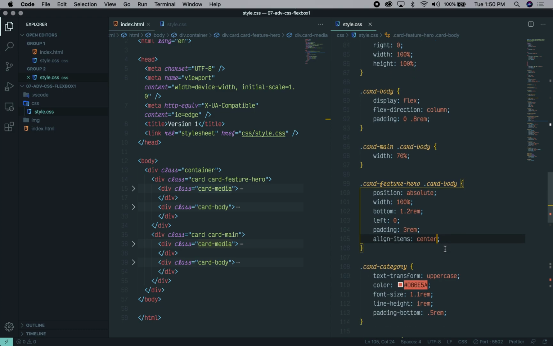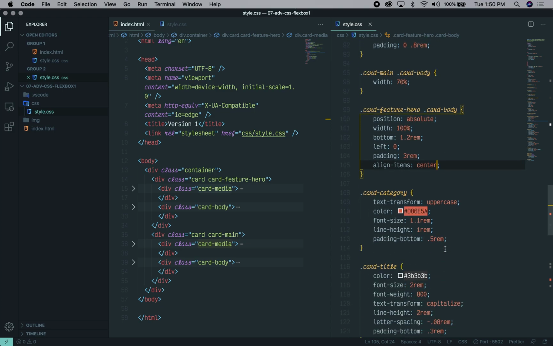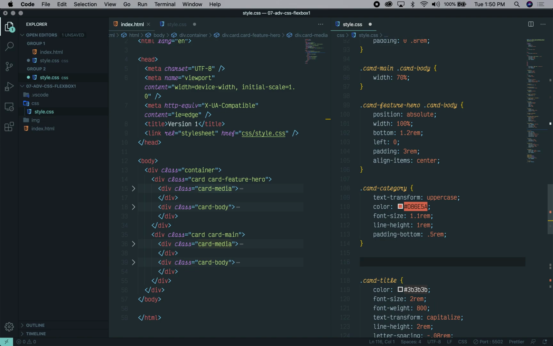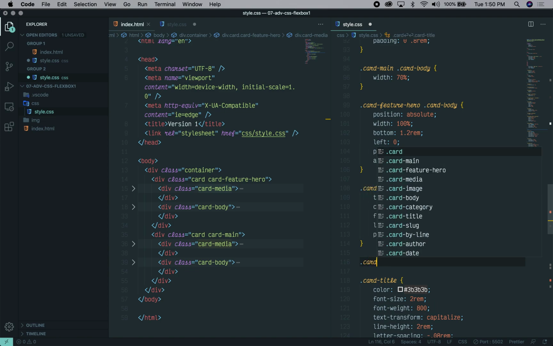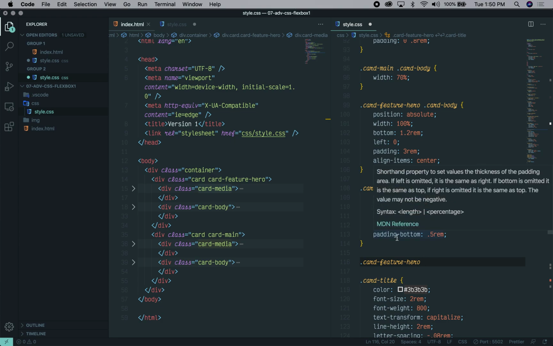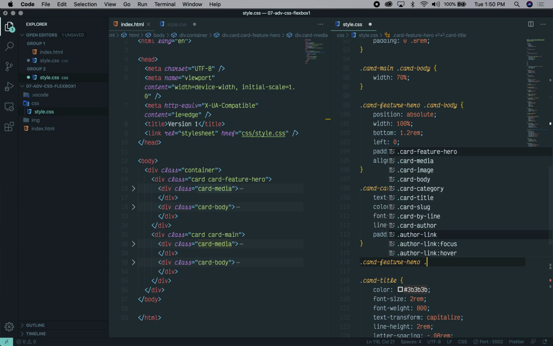So I think that's all we need to do to the body itself, but let's start working on the card category, which is going to need some work. So we're going to select just the card feature. Since all the other cards I think basically use card category the way that these defaults are, we're not going to make a separate selector of card-main. So we'll say card-category,